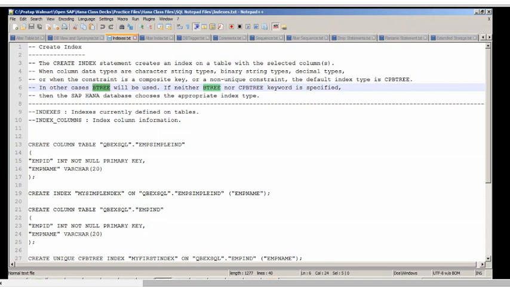Varchar string data type goes with the CBP tree, and integer goes with the B tree. Apart from this, even while creating an index on a string column, we can still control it to be a B tree by explicitly specifying that keyword. And once the indexes are created, there are some standard tables. I told you we'll have a schema called sys, which will maintain the entire metadata.